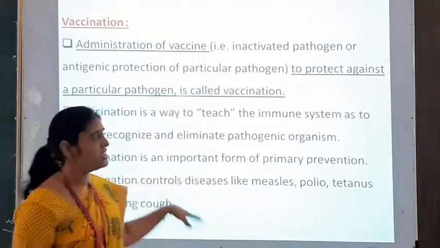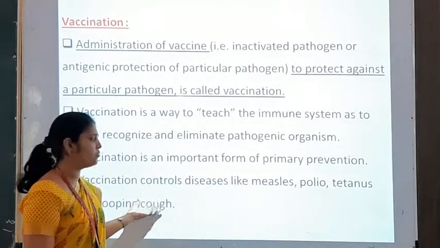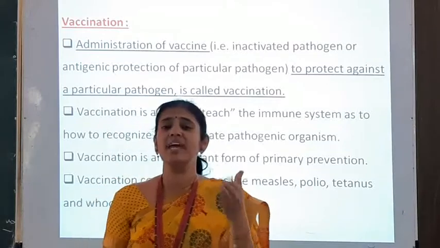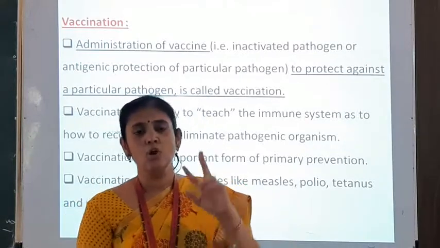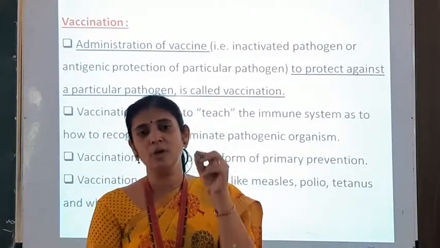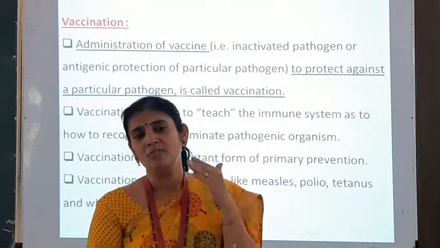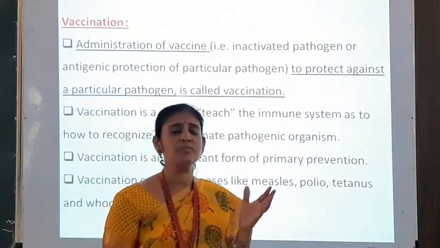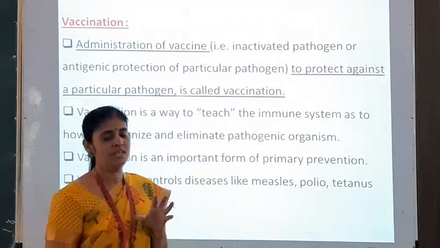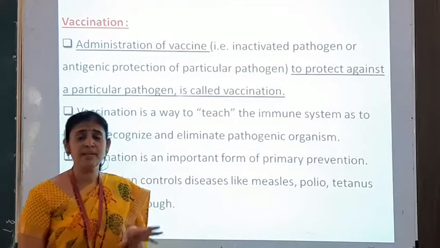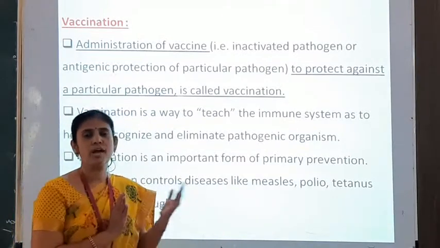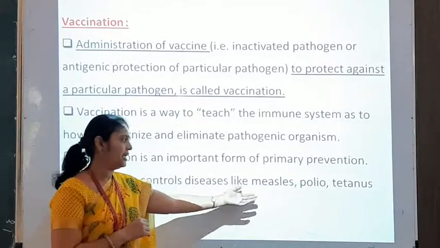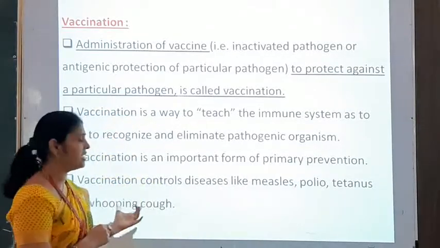we are using different types of vaccines nowadays. And by this vaccination program, as we know, for polio, from birth up to 6 years of age, in a year 2 polio doses are given to a particular child to fight against the polio virus. So there are different vaccination programs run by the government to destroy or control different diseases like measles, polio, tetanus and whooping cough.